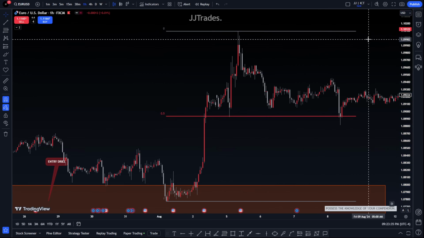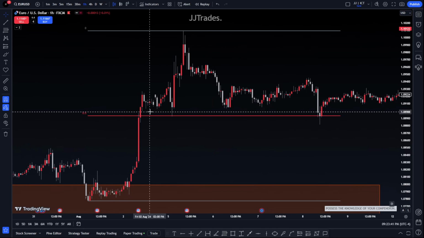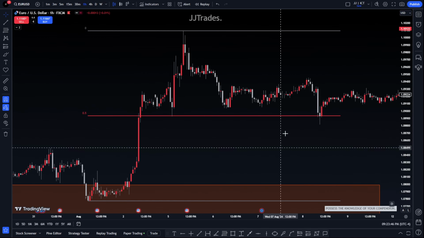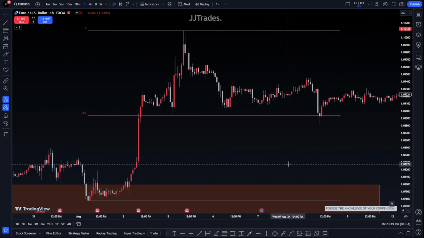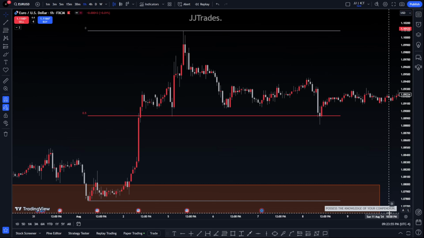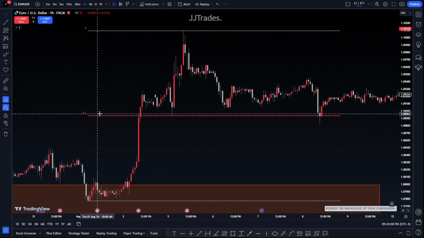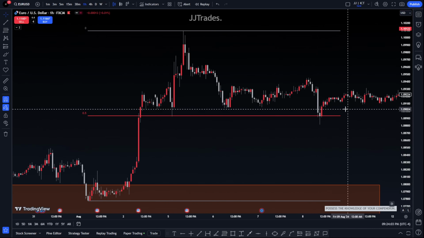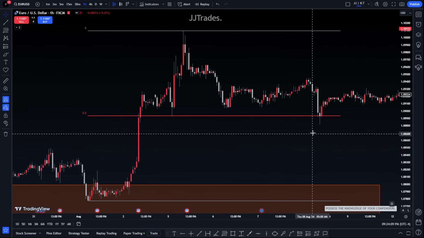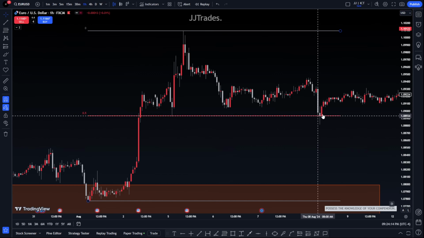Boom. Bam. All right, now you probably already see it. I know you see it, don't you? We're in a dealing range, right? This is the equilibrium right here. Let's say we want to see price come to the equilibrium and respect the equilibrium. Whenever you hear the word respect when it comes to price action, that means price is bouncing off of something. That's what respect means, because you see how it respects the equilibrium. Basically, it's rejecting off of a certain level. So this is respect of a confluence, or respect of a level, in price action.